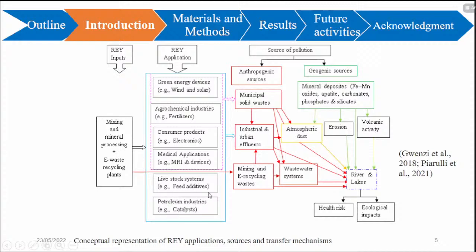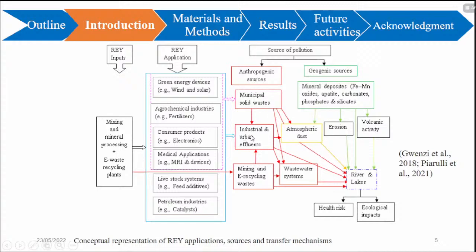They are also applied in petroleum industries. Because of this, rare earth elements nowadays are considered emerging contaminants, because they come either from diffuse sources or from point sources. Their source of pollution may be anthropogenic or geogenic. From the anthropogenic source, all these applications may end up in municipal solid waste. From this municipal solid waste, they can be distributed through the atmosphere, or move directly to rivers and